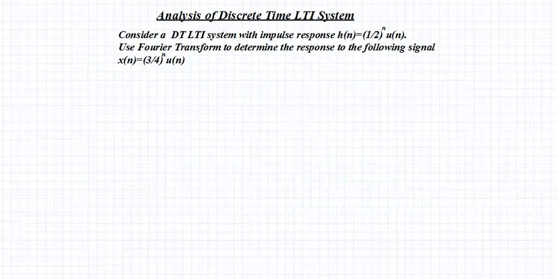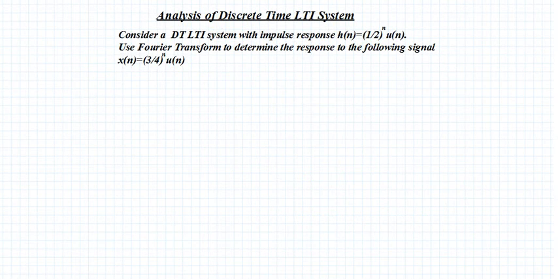In this question, we will again do the analysis of a discrete time LTI system. Consider a discrete time LTI system with impulse response h of n given by (1/2) raised to n into u of n. The impulse response of the system is given, and we use the Fourier transform to determine the response of the system, and the input signal is given as x of